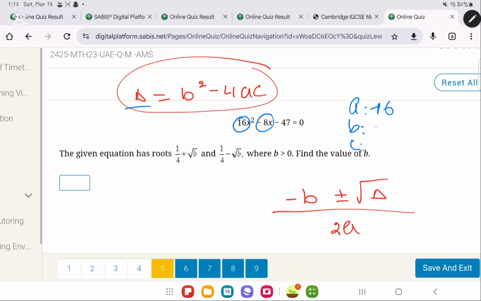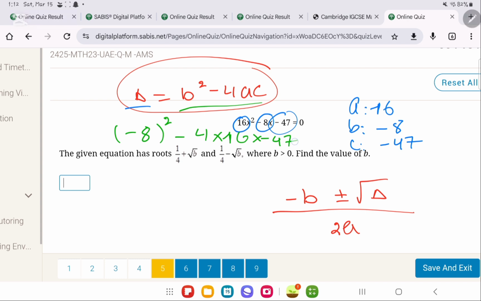Our b, this in the middle, is minus 8, and our c is this over here, which is minus 47. So now we have our a, our b, and our c. So, if we're going to do b squared minus 4ac, we're going to take minus 8 squared minus 4 times 16 times minus 47. Put it on the calculator,